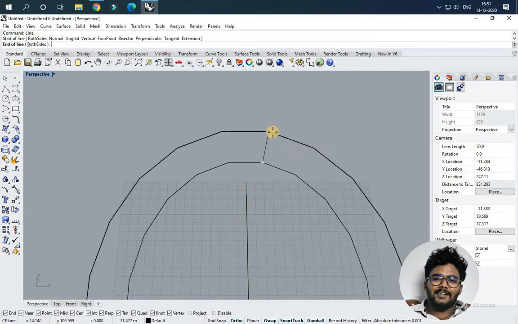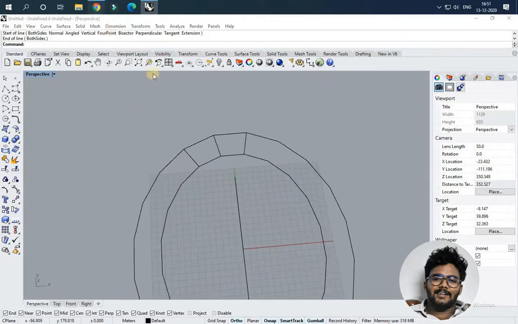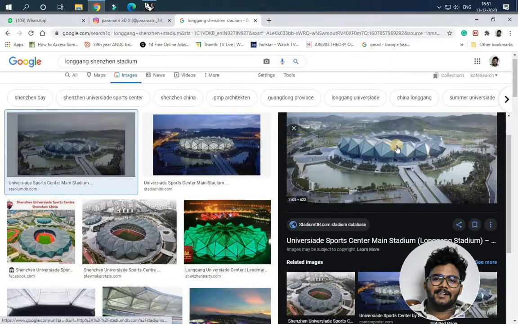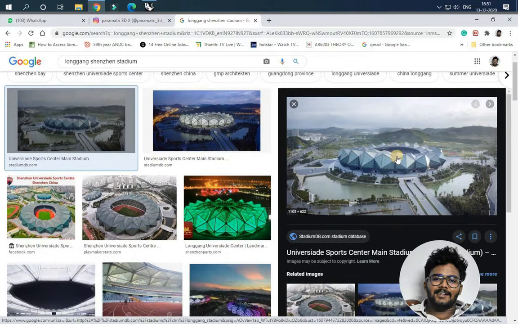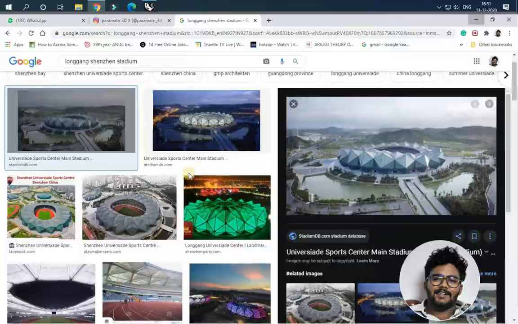I'm using the line command and joining these endpoints of the polygon. It just creates a pattern, like the segment which I showed before in the model. I want to create this segment. You can see the entire model as the diamond segment, so I need to split it according to a segment by using this line command.